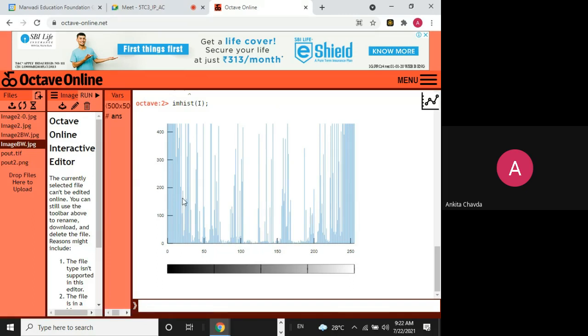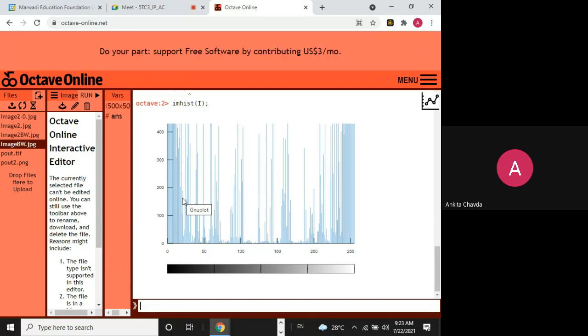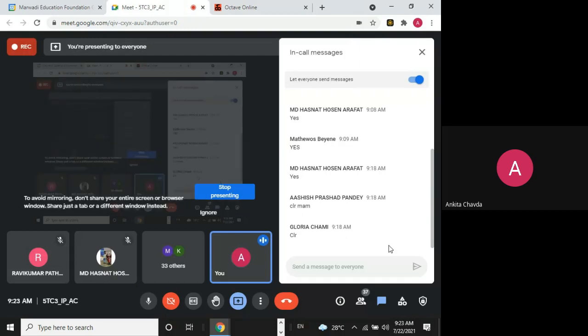In that way. So this is another histogram. You can check here the histogram of any image. But one good thing here is that it is using a wide span, the whole range between 0 to 255. It is not like our other image, pout.tif, where it was using only a narrow span, and then we distributed all our pixels among the whole grayscale range, if you remember, right? Say yes or no. Yes, everyone.